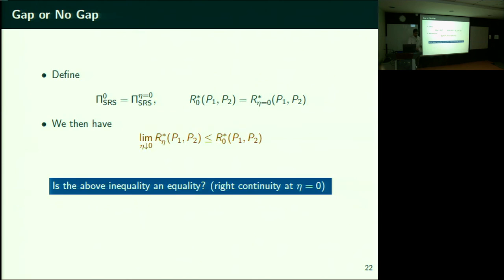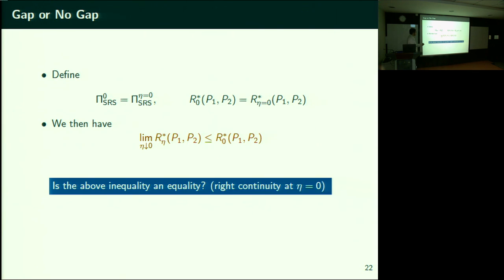Look at it this way, for every eta, R eta star is achievable through a sequence of policies. Yes, you can come arbitrarily close to R eta star. Now R eta star itself is moving to the right, it's increasing. There is a potential R0 star, your policies are all converging to R eta stars arbitrarily closely, but does your R eta star make a jump, or is there a smooth transition, is the question. Another way to say this might be, you know that R eta star always involves an ergodic policy. But let's say that the best policy is a non-ergodic policy. Then you can't, and that might have a jump. Sometimes you can, but maybe sometimes you cannot.